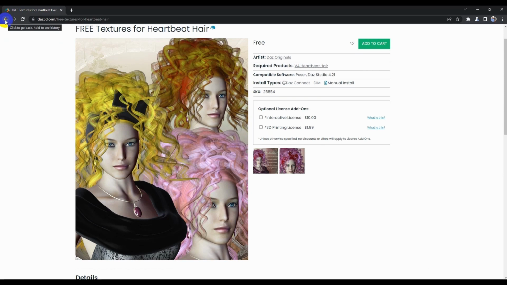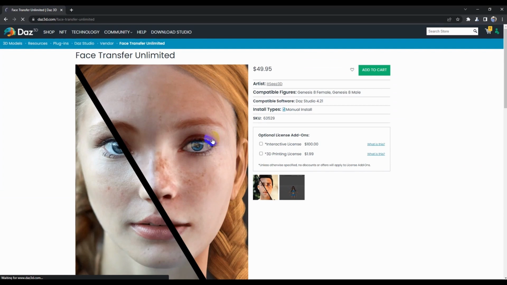You cannot really use this, but again, it says free, and then you have to pay for a license if you want to print this. Let me open this one, though this one is not free. You can just see the quality this program can generate, and the side effect is you buy this for $50, which is already a lot of money, and then look at the additional license you still need.